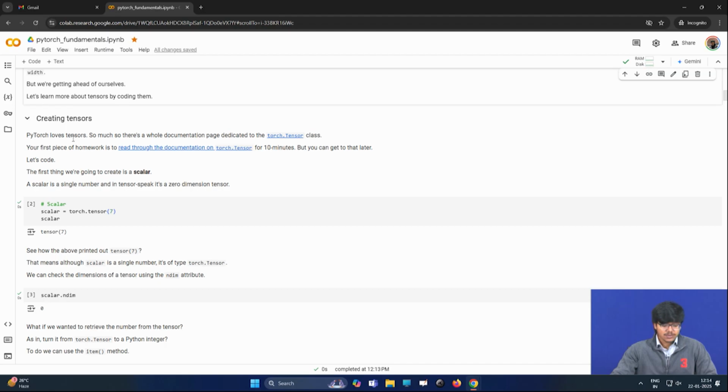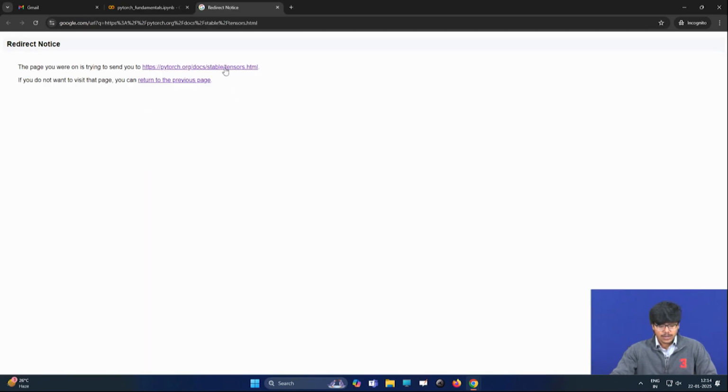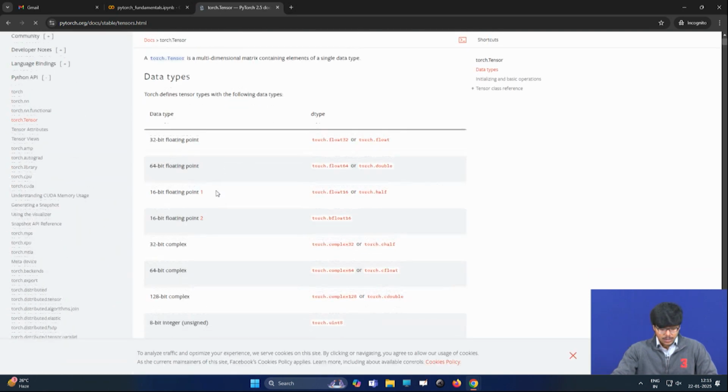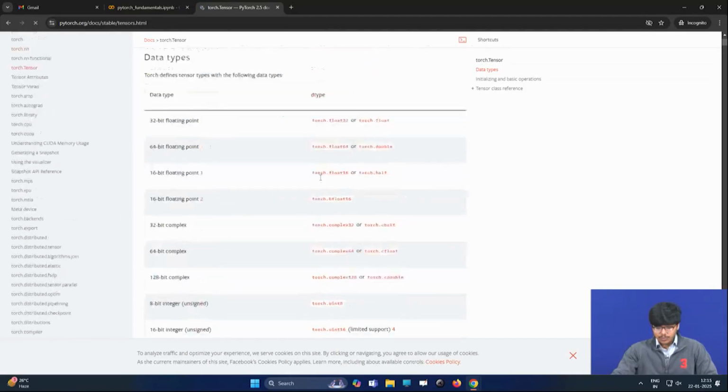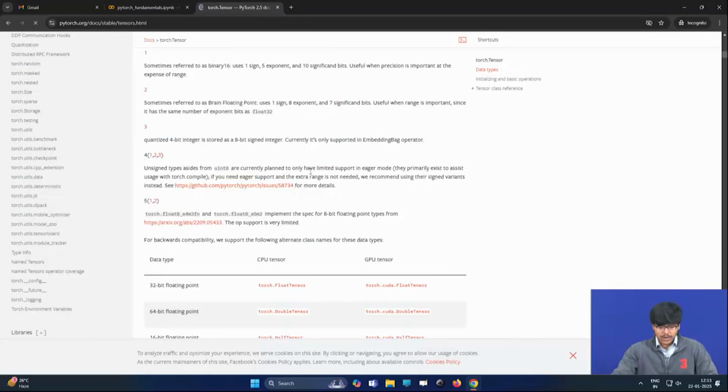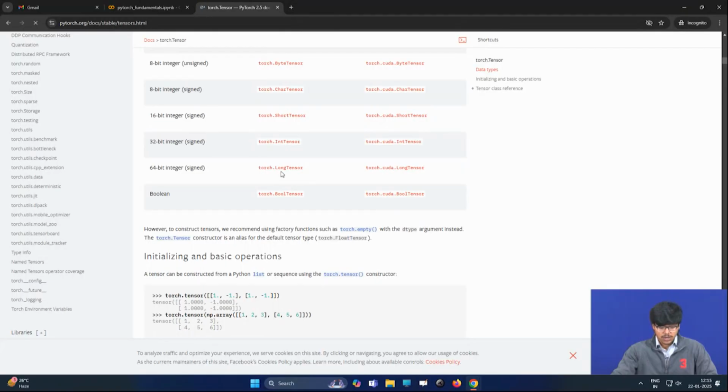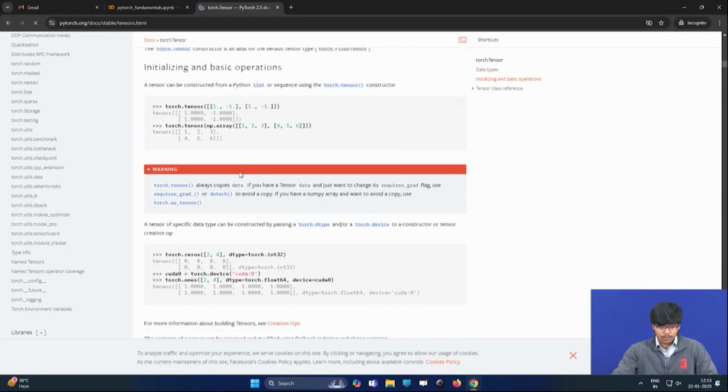PyTorch loves tensors, and there is a whole documentation page dedicated to it. So if we go here, we can see the PyTorch documentation page. PyTorch documentation is pretty good and it is pretty well documented. Everything is well documented here, as you can see. So go ahead and take a look in the PyTorch documentation if you want to learn more about tensors or